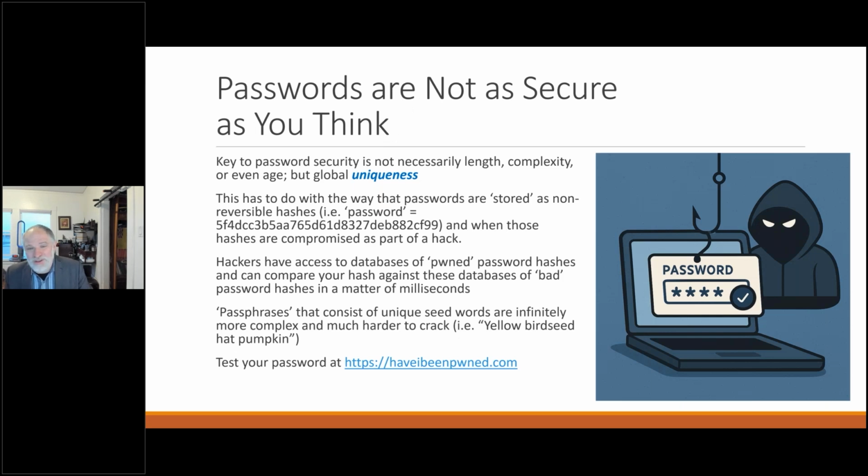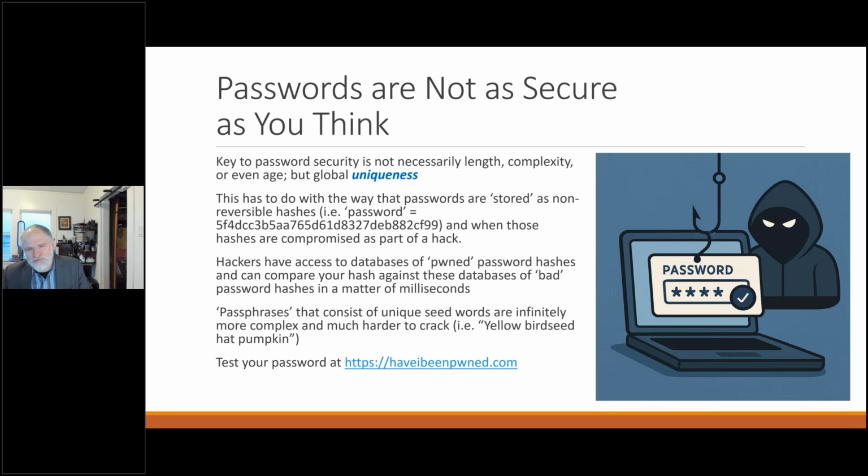And at the same time, most organizations nowadays are terrible at passwords. We are not doing our passwords properly, and we're not doing justice to our end users. I've been harping on this for a few years here, but I'm telling you, as IT, the number one thing is we should not be forcing our users to constantly change their passwords. It sounds counterintuitive, but the reality is what we should be doing is encouraging them to have a unique password that's only used within that environment, and using a concept like a passphrase. So a passphrase would be something like yellow birdseed hat pumpkin. It's a lot easier to remember that. In fact, I remember that specific passphrase.